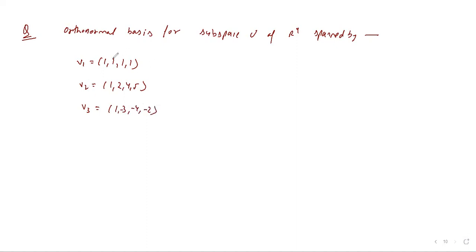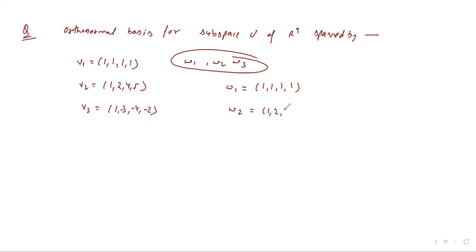So these are the bases that we have, and we need to convert them into an orthonormal basis. Before that, we need to find the orthogonal basis. So we will convert them into the orthogonal basis W1, W2, W3. Let's do that. W1 would be equal to V1, so that is 1 1 1 1, and W2 would be equal to V2, which is 1 2 4 5